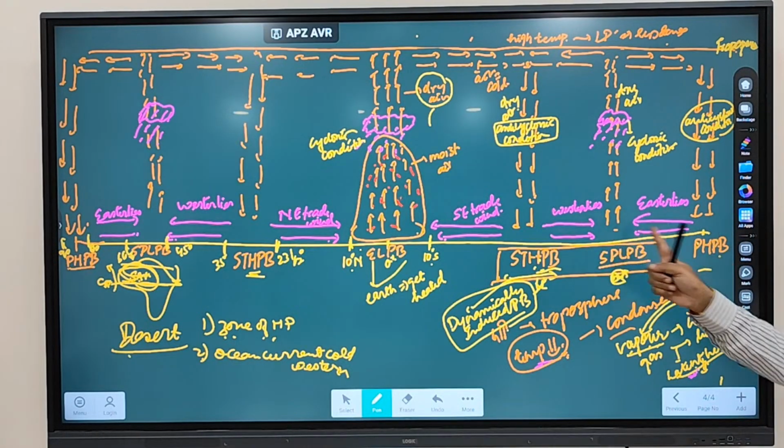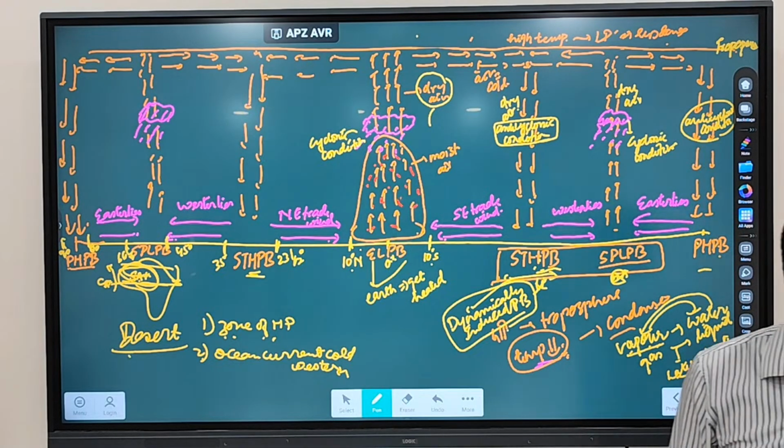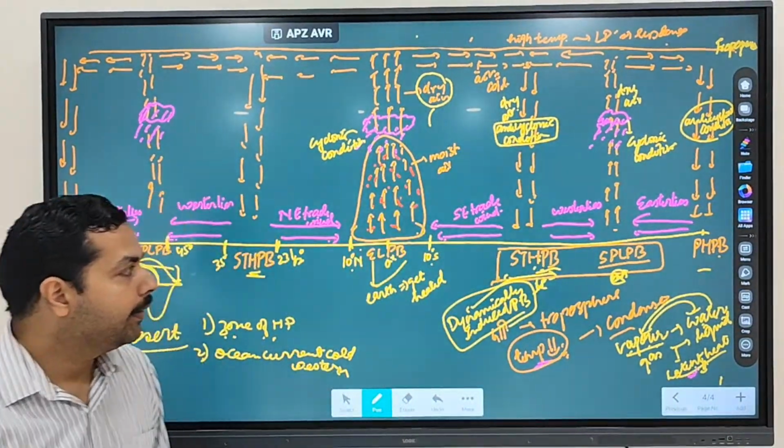Wind will also blow, and these winds are going to be called as which type of wind? Permanent wind. That's why easterlies, westerlies, northeast trade wind, southeast trade wind are referred to as a permanent wind. They are referred to as which type of wind? A permanent wind. Fine. Now